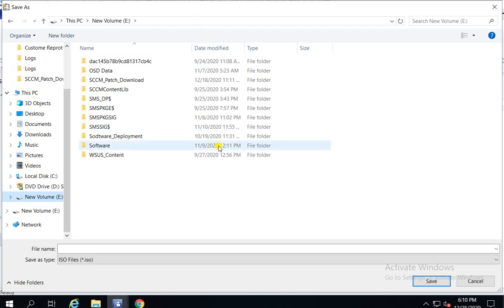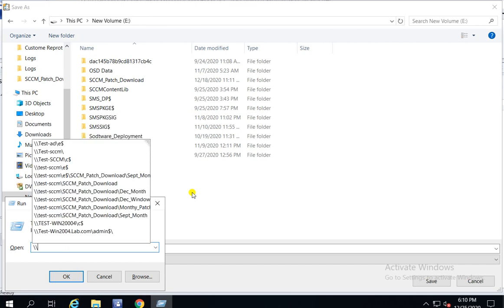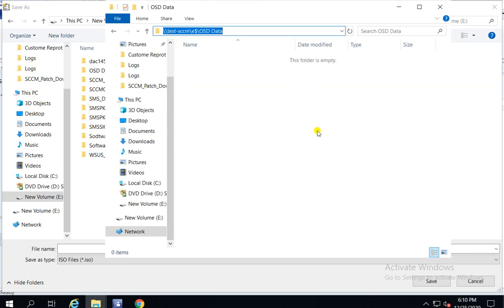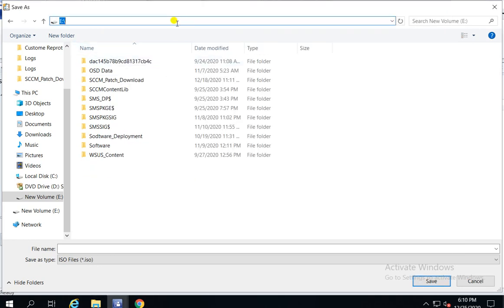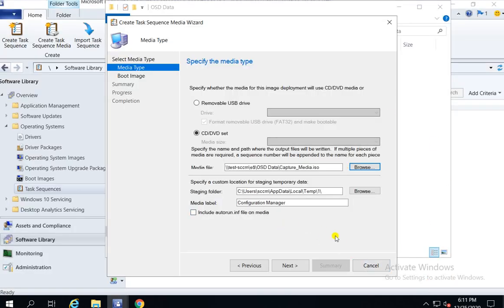Or better, I can use the network path, that will be good. This will be the capture media I'm going to use to capture my OS.